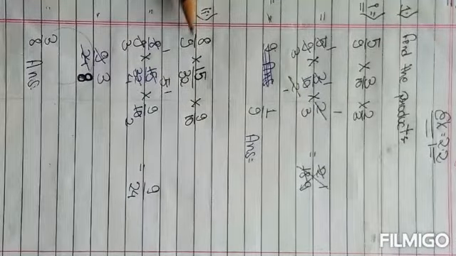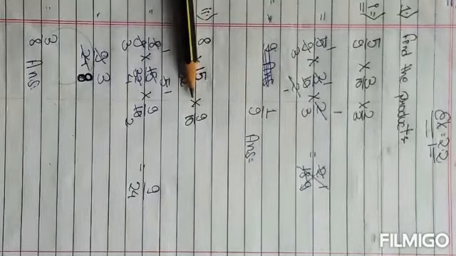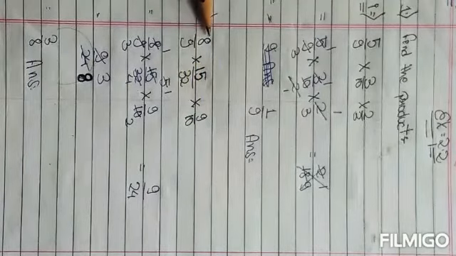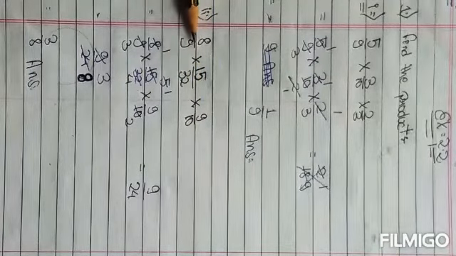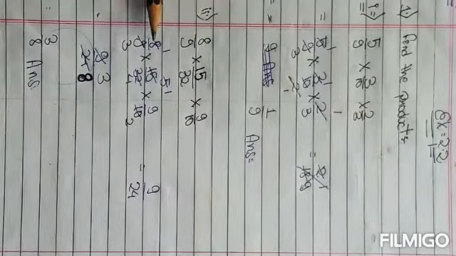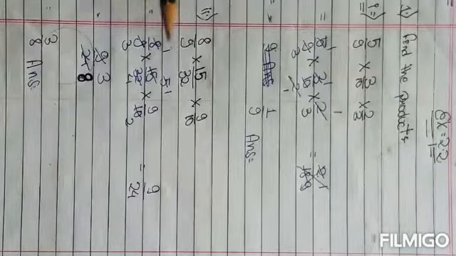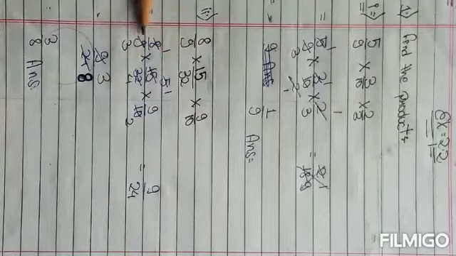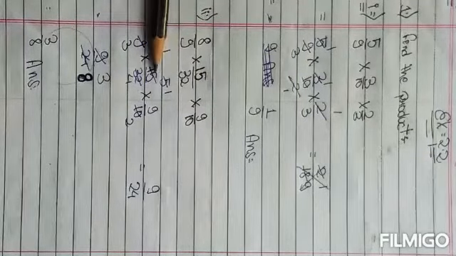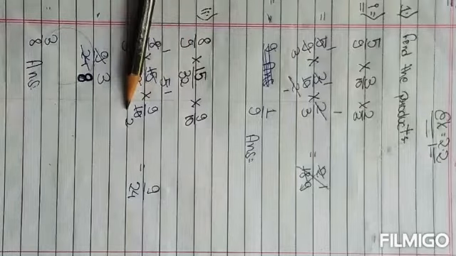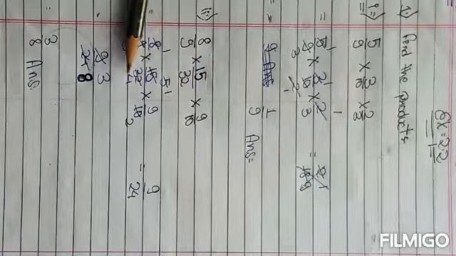Now see second number: 8 by 9 multiply 15 by 32 multiply 9 by 10. See here, in the 8 table 32 is coming, and in the 3 table 9 and 15 both are coming. So you have to reduce. Now you have to use the 8 table. 8 1 is 8, 8 4 is 32. Then with the 3 table you have to write here 3 and then 5. Then 5 1 is 5, 5 2 is 10. Like this you have to reduce in the lowest terms.